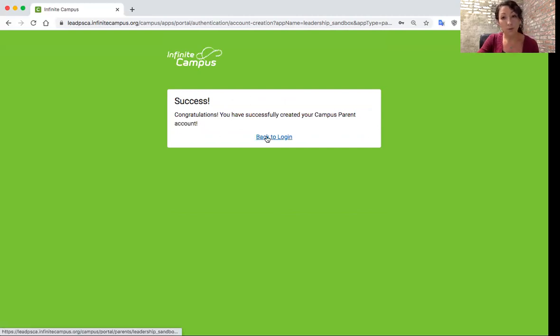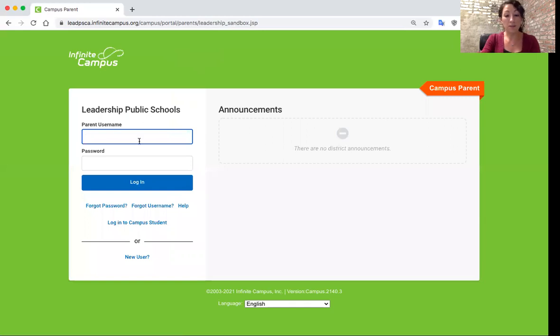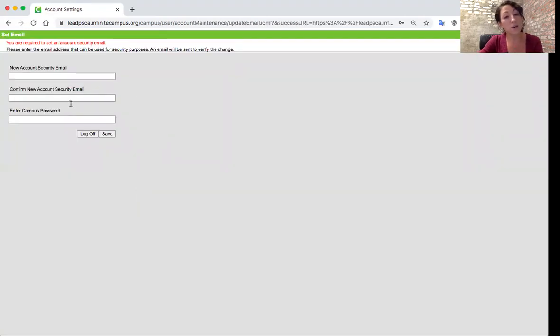And then I'm going to go back to the login screen, and I'm going to type in my username and password exactly as I said it. And then it's going to bring up this page. It's asking for a security email. This is in case you need to reset your password, you forget your password. So I am going to type in my email address, and you have to confirm that. Type it in twice or copy and paste, and then you're entering the same password that you had created for yourself on the last page. And then you hit save,